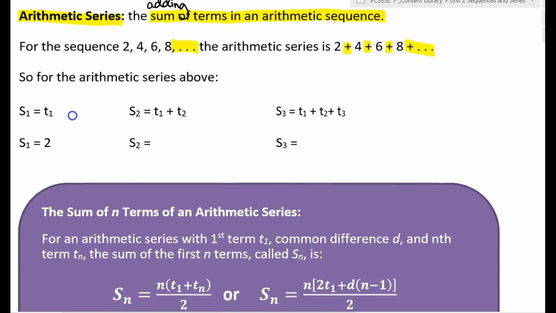When we talk about the value of a series, we use this S1 as our notation, or SN in general. So for the sum of just one term, it's just term 1. So it's just 2. The sum of the first 2 terms